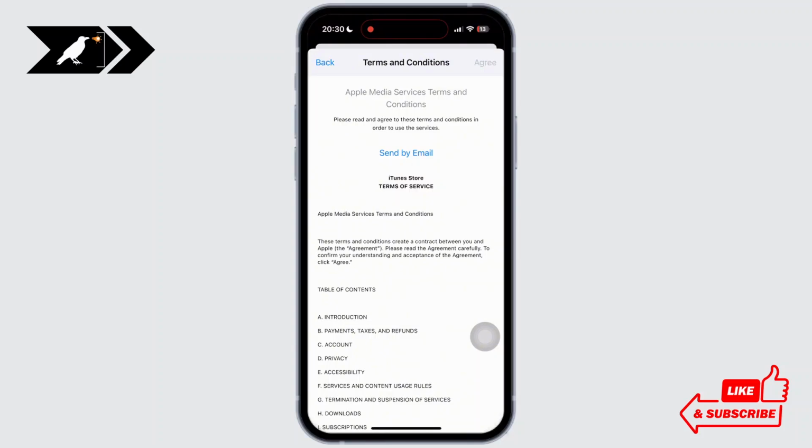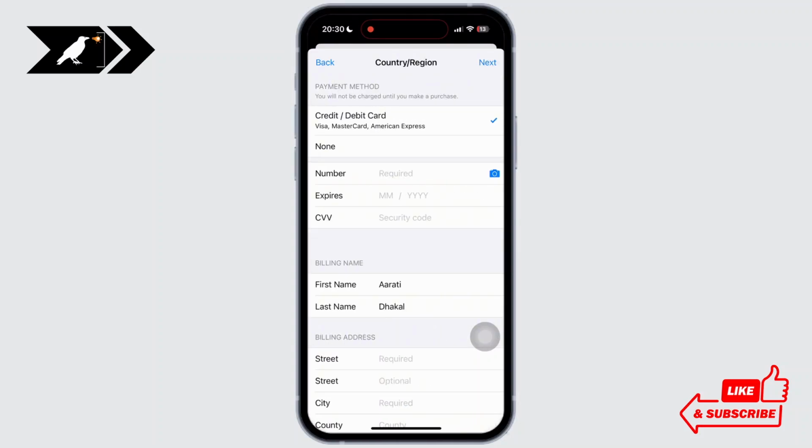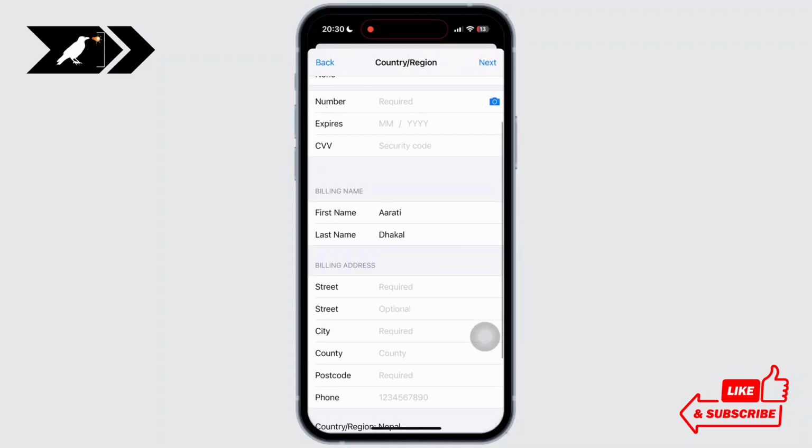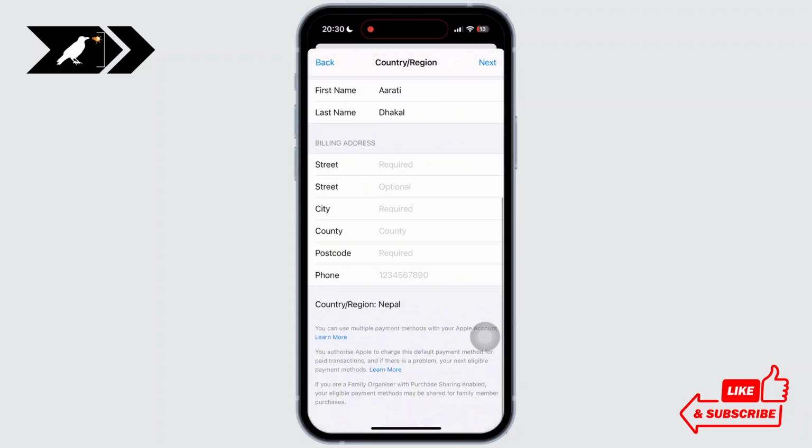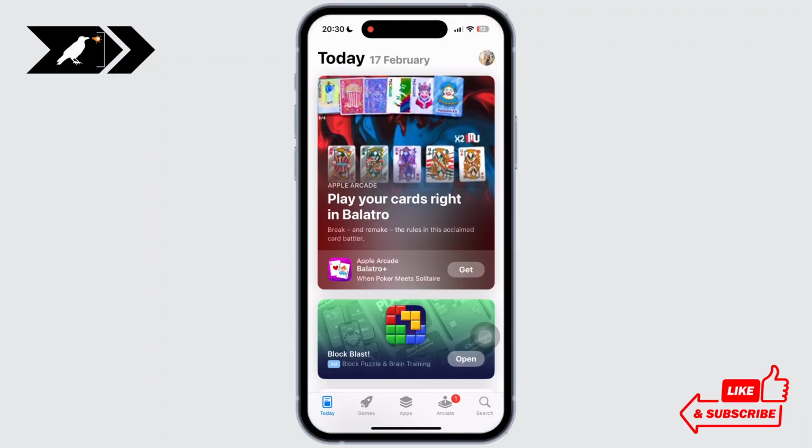Now after you do so, enter new billing details. If you don't have any billing details, then you can simply tap on the none option available there. Then all you have to do is enter the address and some personal information and tap on next to save the changes. After that, go back to the App Store home screen and simply tap on the search bar